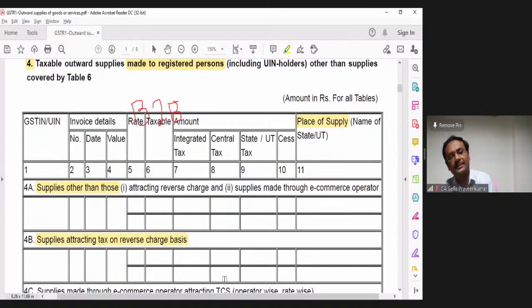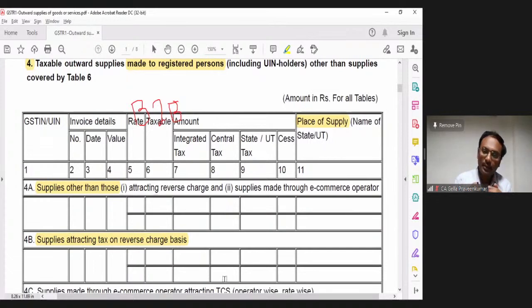I'll give an example for this. Assuming Praveen Kumar Gella is a person having a business of tax consultancy. Along with the tax consultancy, I also have a taxi support service, passenger transportation service. I do taxation consultancy. I also have renting of motor vehicle for passenger transportation. When I give a vehicle to a factory, I'm an individual proprietor. I have a tempo traveler. I have, say, 10 tempo travelers.